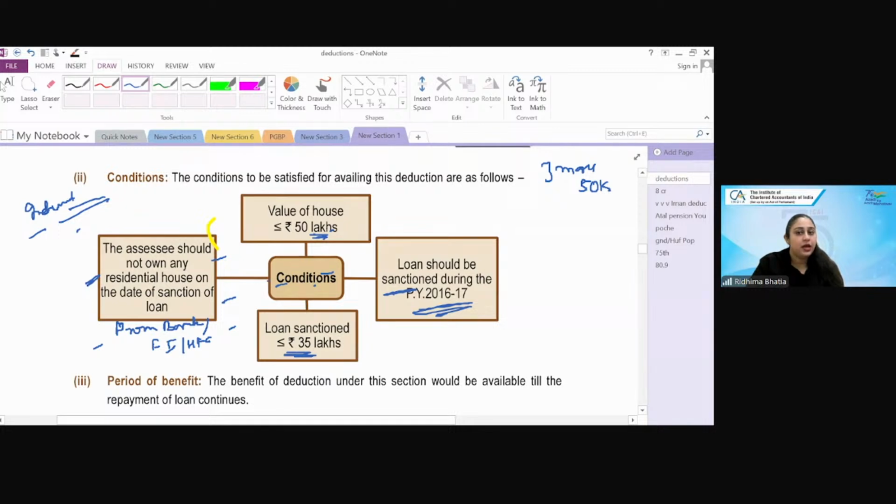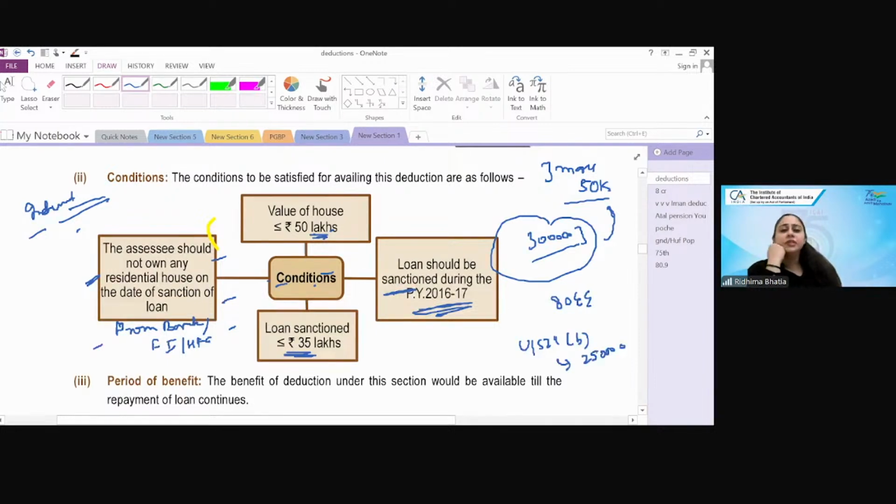But here, as I told you, the maximum interest allowed additionally in a year is 50,000. Now suppose a person is paying interest of 3 lakhs. Repayment is different, principal payment is different, interest is different, okay. So he can claim 50,000 under 80EE, and under section 24B he can claim the remaining 2,50,000